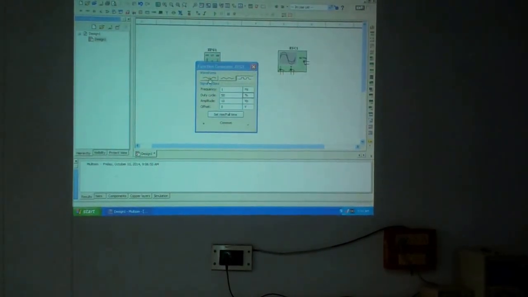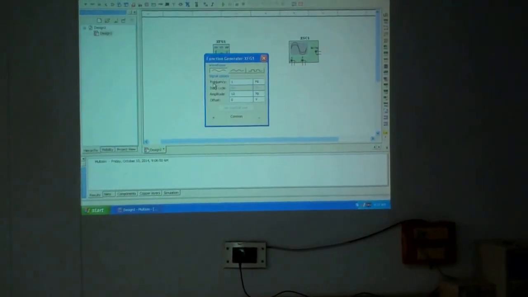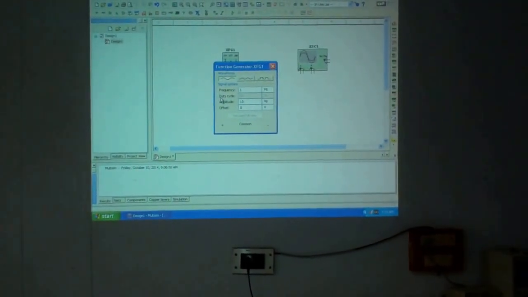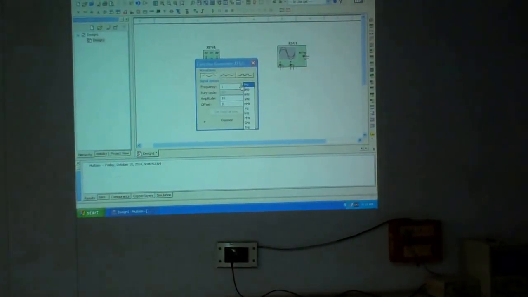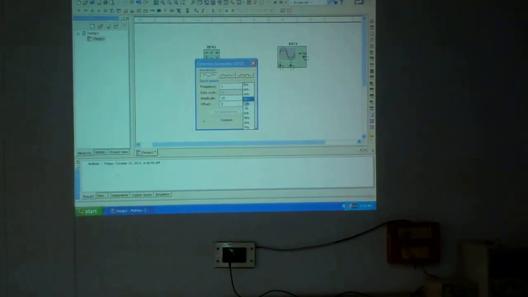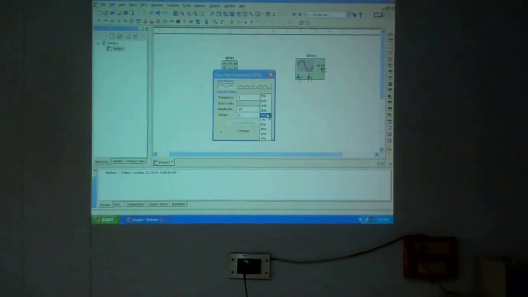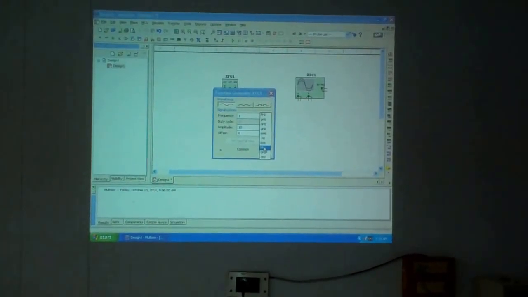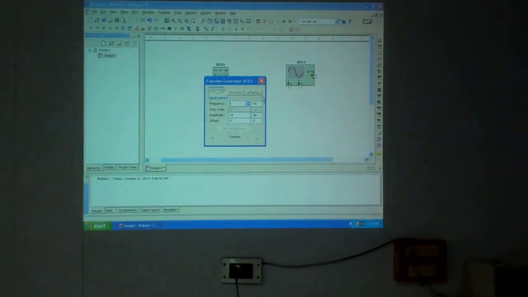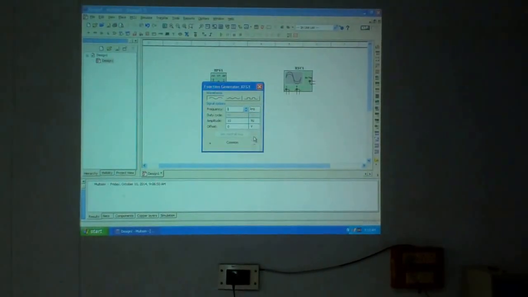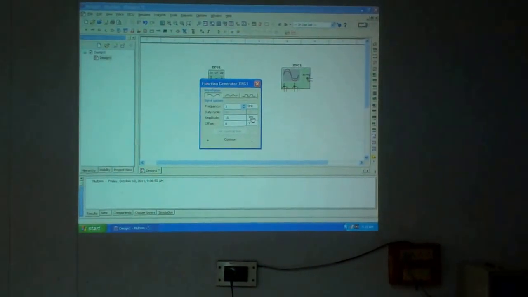Okay? So now let us say you take this. Now we have selected a sine wave. What are the characteristics of this? The frequency, the duty cycle, and amplitude. If you click on this, you get a pop-up menu. You can select a frequency in picohertz, nanohertz, microhertz, millihertz, hertz, kilohertz, megahertz, gigahertz, and terahertz. So for better understandability, let's take it as 1 kilohertz, and let the amplitude be 10. P refers to peak voltage.